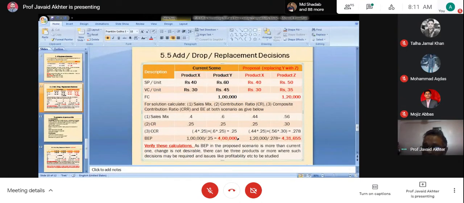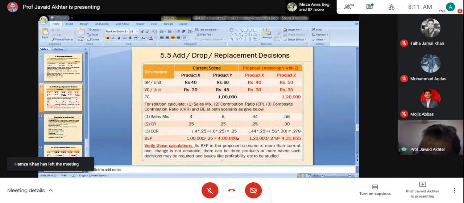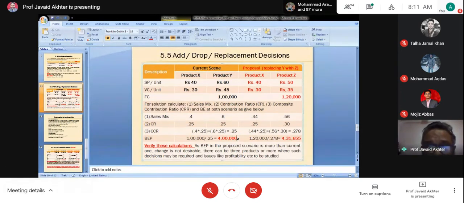So this is the total sales revenue that should come from X and this much should come from Y. What are you interested in finding out? You are interested in finding out total sales so that you can compare that total sales is actually equal to total revenue. Now X you are selling for rupees 1,60,000. How many units must you be selling? Each unit you are selling for rupees 40. So 1,60,000 divided by 40, that is 4,000 units.